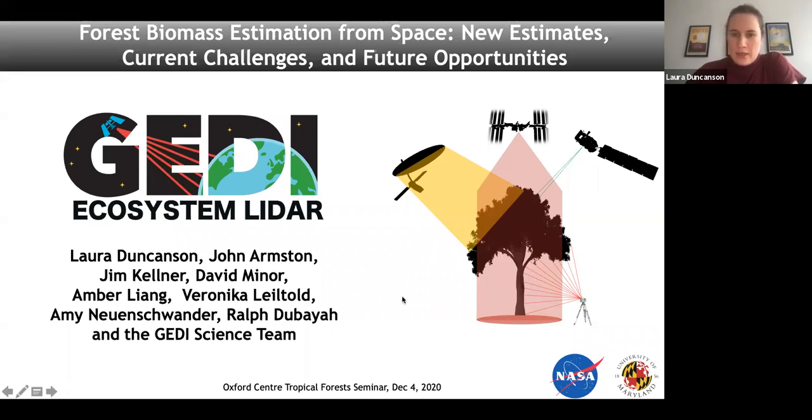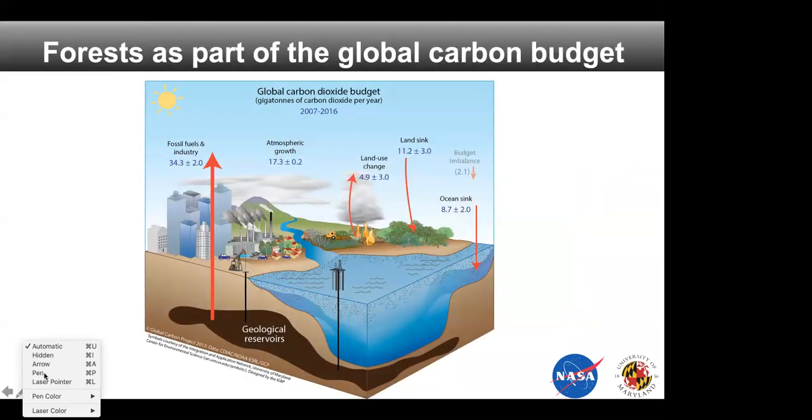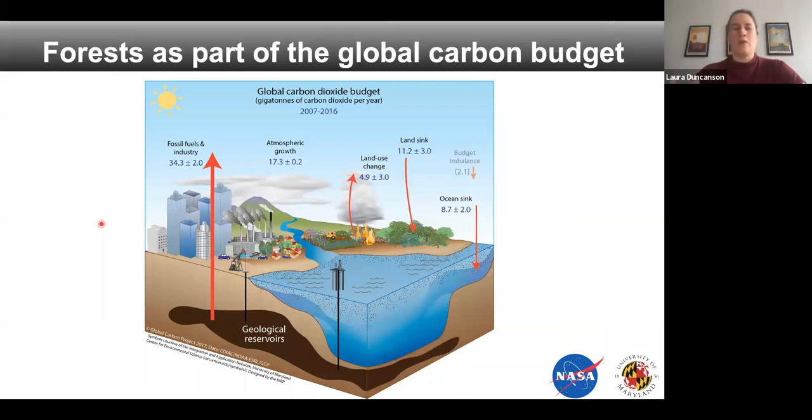So I wanted to quickly take us back, let me put a little laser pointer on here, to why we're bothering to do remote sensing of forest structure and biomass. So this is a few years old now, but the basic schematic from the Global Carbon Project shows how much carbon is stored in the atmosphere and the general stocks and fluxes, and the uncertainties on these estimates of change are largest for emissions from land use change. So from forest fires, deforestation, degradation, our uncertainties about how much carbon is being emitted from that part of the global carbon cycle are higher than our uncertainties for any other part of this puzzle.